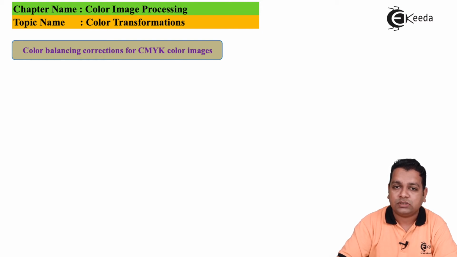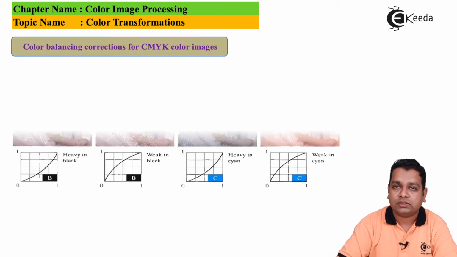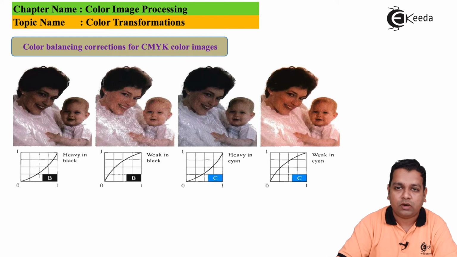So this is the original image, and here we have the resultant, the color balancing corrections for the same model. This particular image has this function representation, that is heavy in blackness. If we make the weakness into the black color, the representation of the function and the output image will be like this. If there is heaviness in the cyan component,